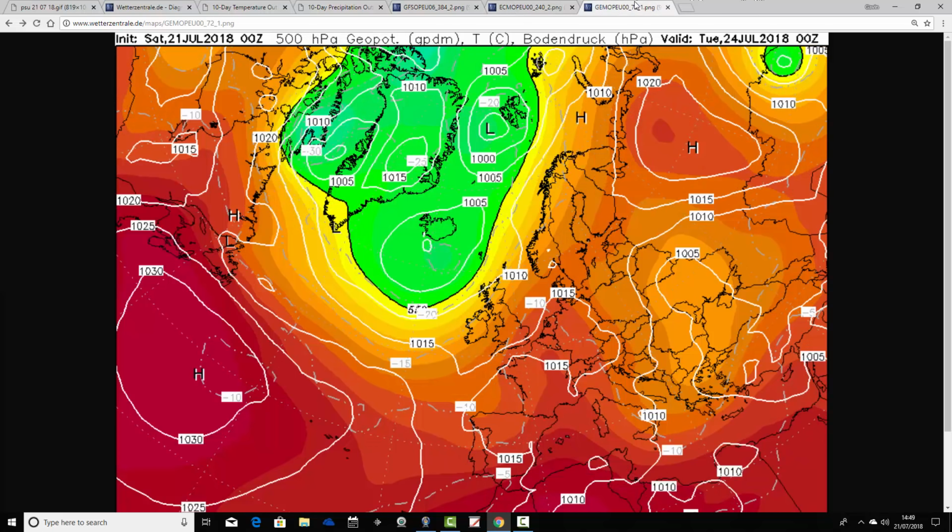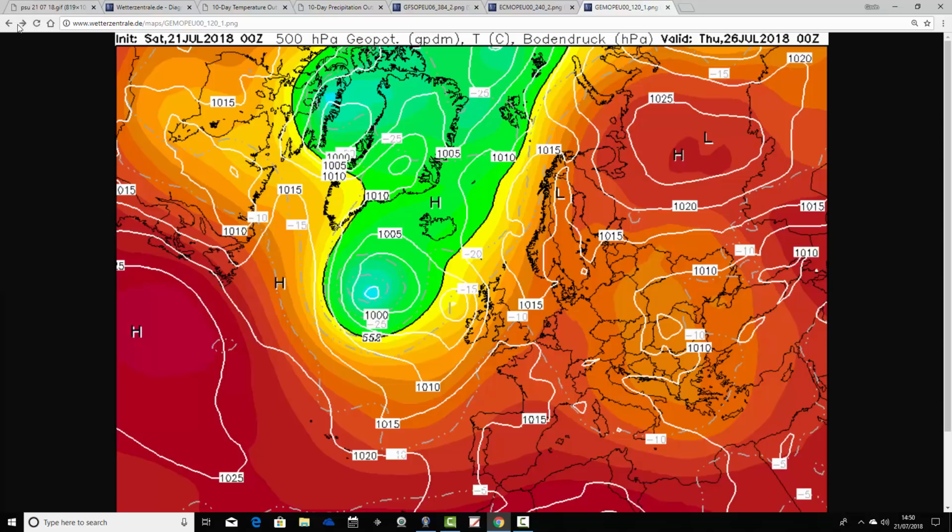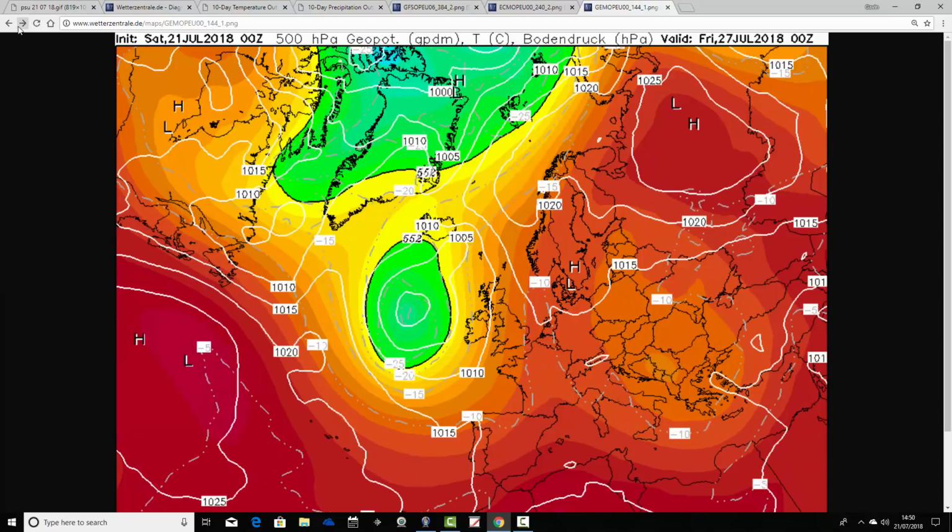thundery with the ECM. So from around Thursday, Friday onwards, there is still uncertainty about the exact detail of all of this. Up to Wednesday, it's okay. From Thursday, Friday onwards, there's still a little bit of uncertainty. And then we've got the GEM, so again, looks very warm in the south at the start of the coming week. We go up to the end of the week, and that's how we look more in line with the